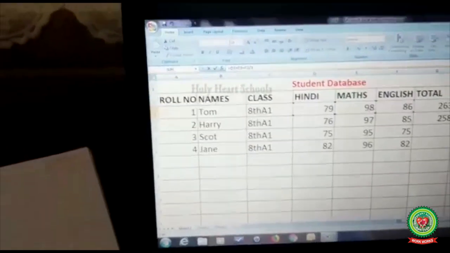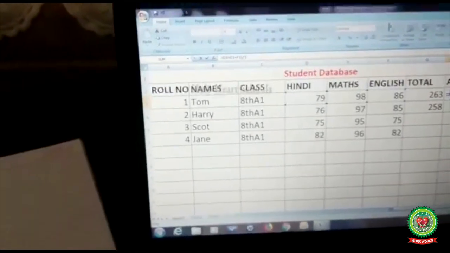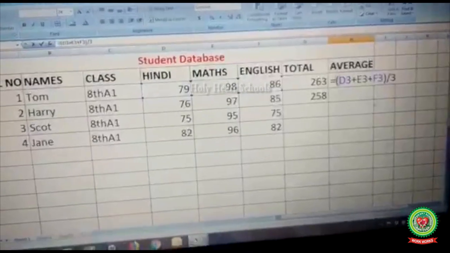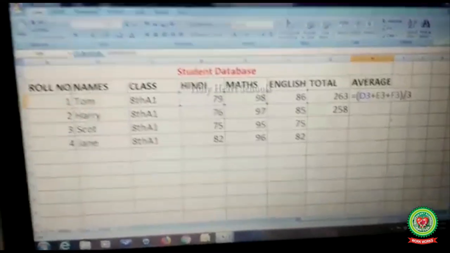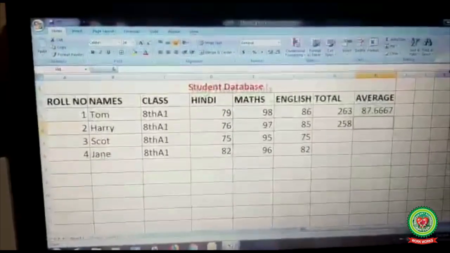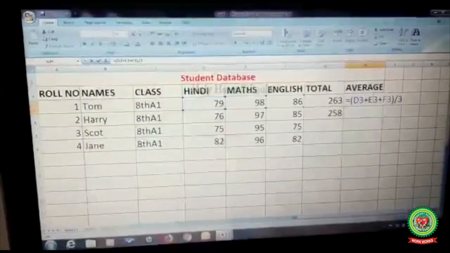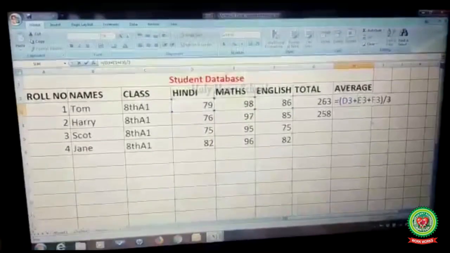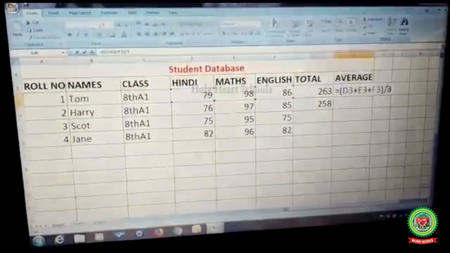I'll use the bracket to do the sum of all these cells and divide it by 3. That will become my average. For this average, I use 3 cells addition upon number of units. Then I'll press the enter key. This will become my average. Now you can notice that in this average, I use the plus symbol and the division symbol. I use two types of operators, so it is my compound formula.